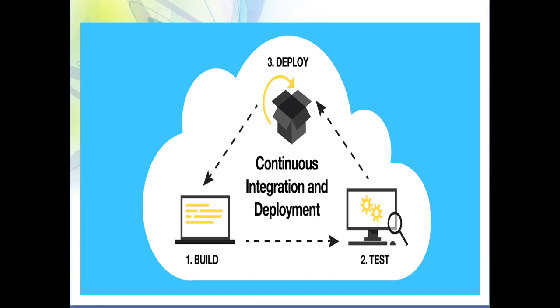So for that purpose you need to deploy your application on a cloud platform so that it can be accessed anywhere by any person. That thing is possible, so for that purpose deployment is important. This is a small diagram which depicts the project deployment. First of all you need to build your web application or any application using a local system. Then you have to test that particular application to see whether it satisfies the given requirements or not. Then you need to deploy that project from your local machine to the cloud service.